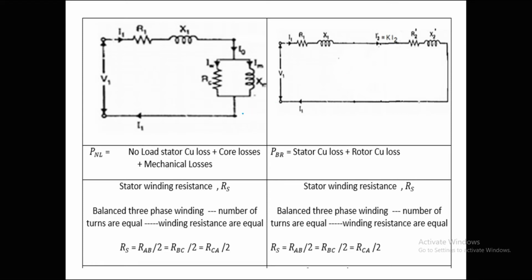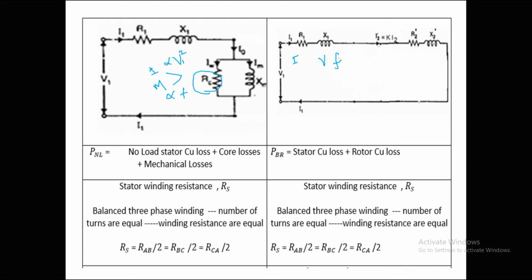In the blocked rotor test we have removed the shunt parameter because we are operating the machine at a rated current with reduction in voltage as well as in frequency if we are dealing with a larger machine. We know in the shunt parameter we are having constant loss. The constant loss is the combination of iron and mechanical loss. Iron loss is directly proportional to the square of the supply voltage, and mechanical loss is directly proportional to the supply frequency.